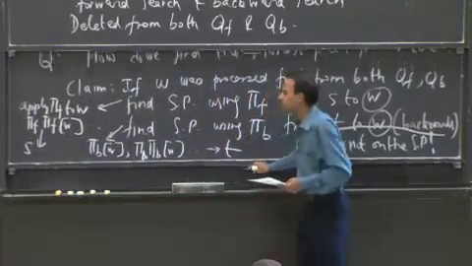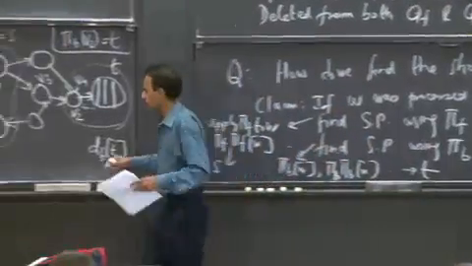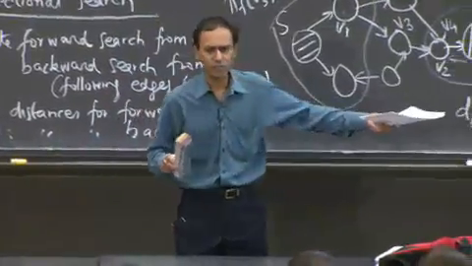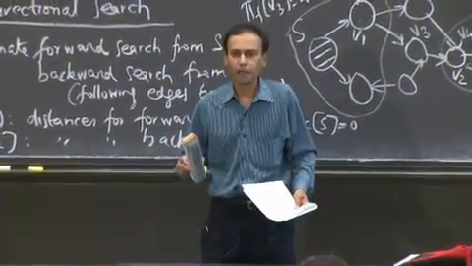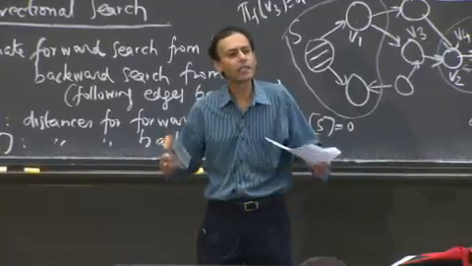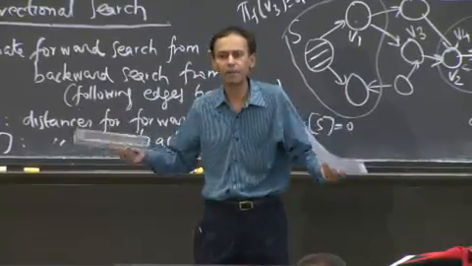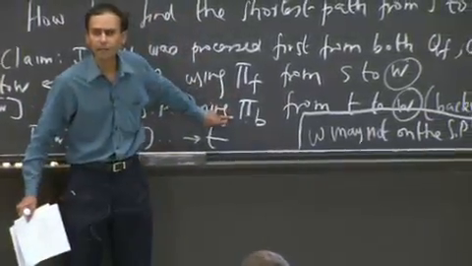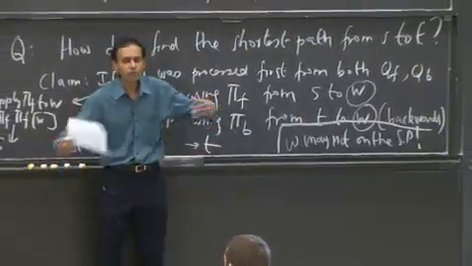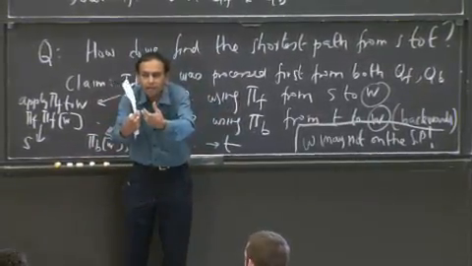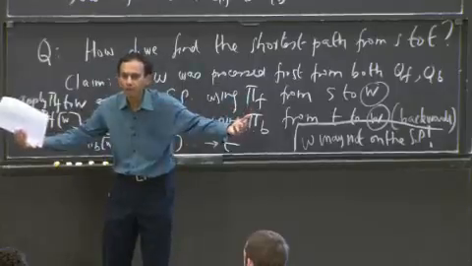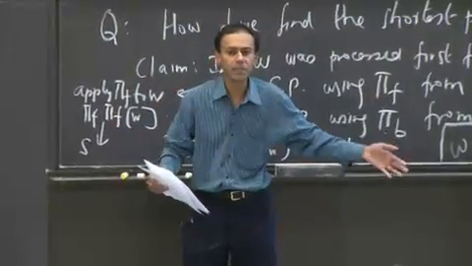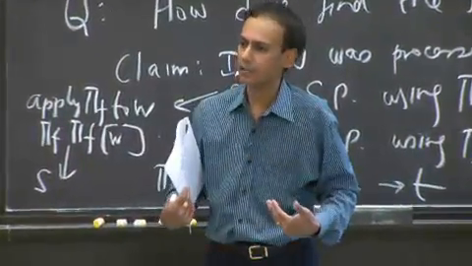Any ideas as to what we might do? This is a bit of an unfair question, but certainly worth a cushion. How do you think we can fix this? If W is not on the shortest path, what do you think would be on the shortest path? Is there a way of finding this vertex so we can break this up? We absolutely have to use both pi f and pi b. There's no getting away from that, because these two frontiers have just sort of barely collided. The instant they've barely collided, we've stopped, okay? So we can't use pi f all the way from S to T. We can't use pi b all the way from T to S. These frontiers have just barely collided, okay?